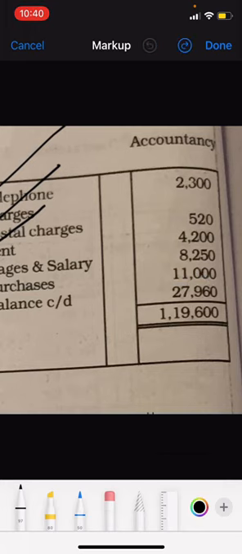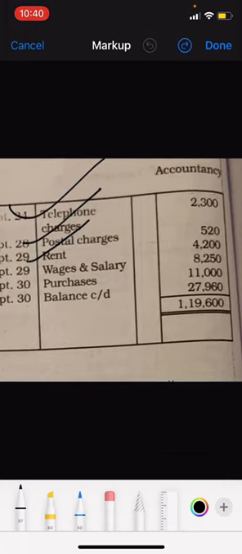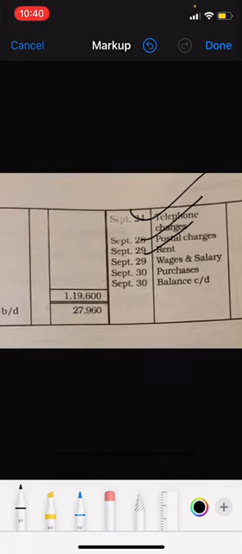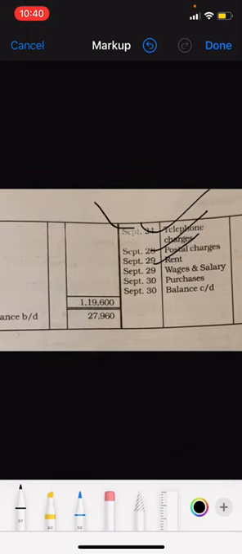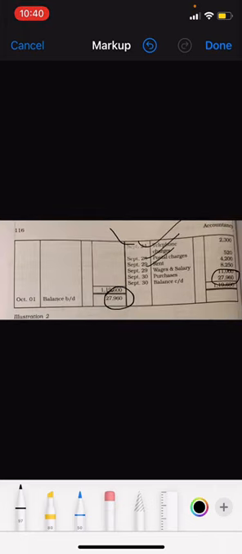So that amount will be written on the credit side as balance carried down, and the amount is 27,960, and the same amount will be written on the debit side below the total as balance brought down, 27,960. So there is nothing new in this sum. It is the same as your ledger account. The same way you balance your ledger account, that has to be done for your cash book as well. This is how you balance. I hope this is clear.